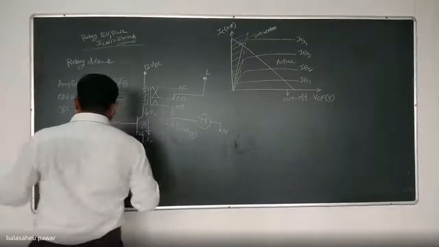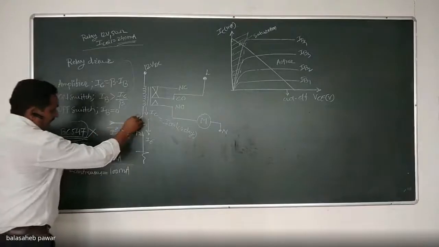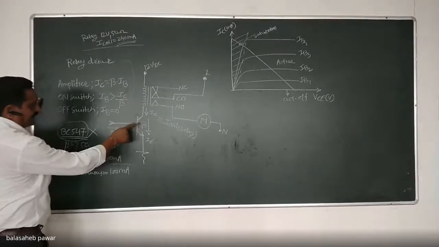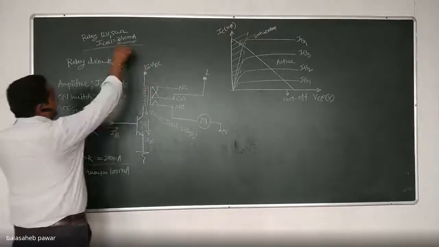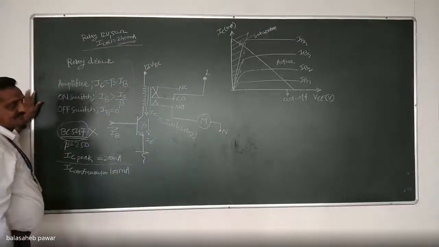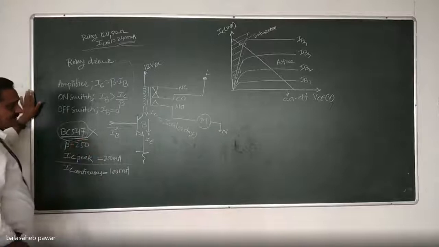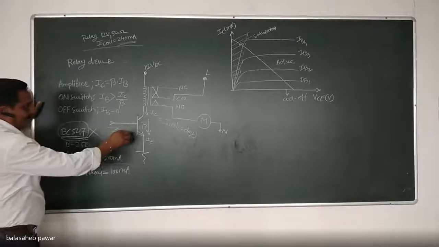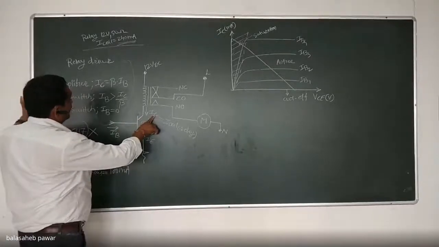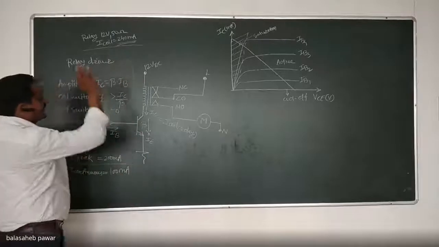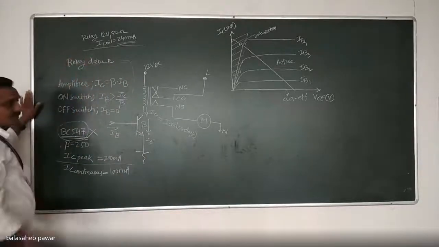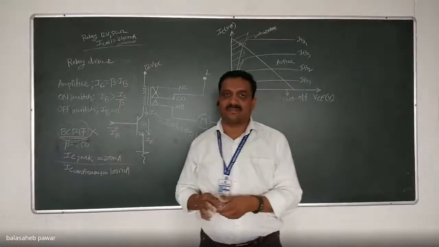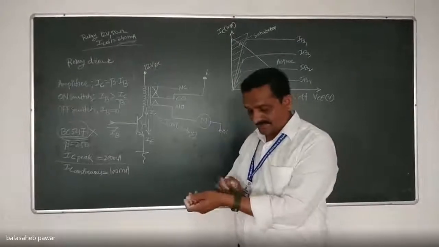So after this session, what is your conclusion? The selected transistor should have a continuous collector current handling capacity greater than 240 milliamperes. This is the conclusion of this session. Is it okay? So we'll search for another BJT which has a collector current IC continuous greater than 240 milliampere. Why greater than 240 milliampere? The reason is we are using that relay of 12 volts and having its coil resistance at 50 ohms. That's why. So I think our time is also over.